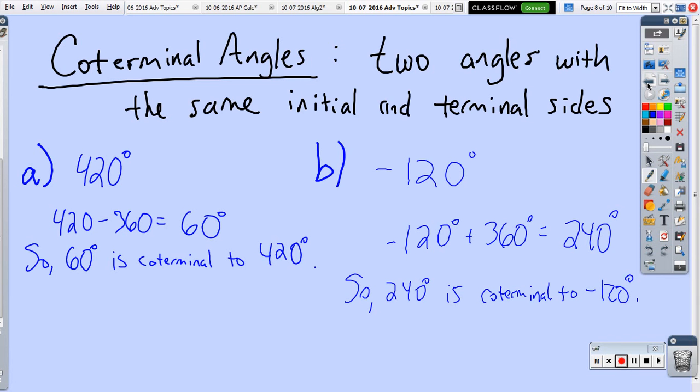You would either add or subtract 360. Does it matter if it's a negative 500? It depends on what the directions are saying. Like for these directions, they wanted a coterminal angle that was positive but less than 360, so that direction can tell you what to do. But if you got a situation